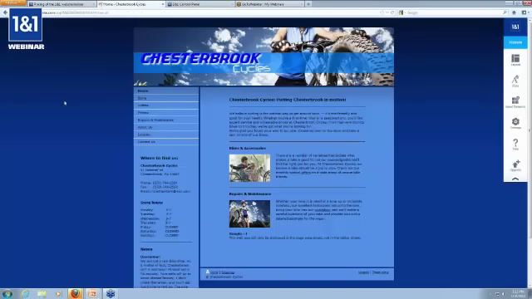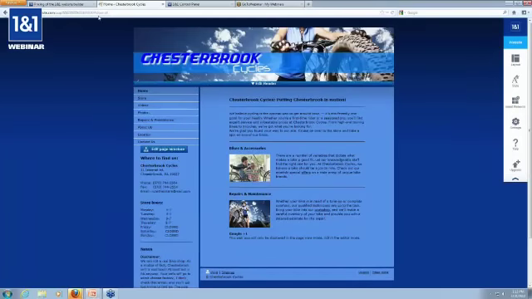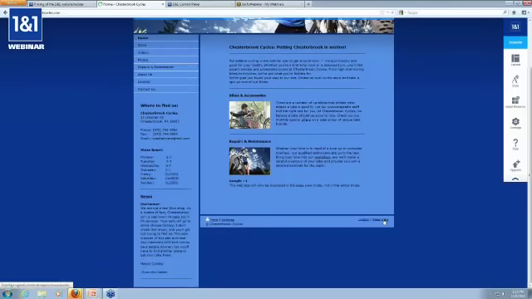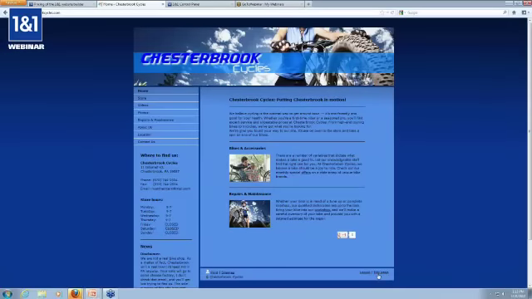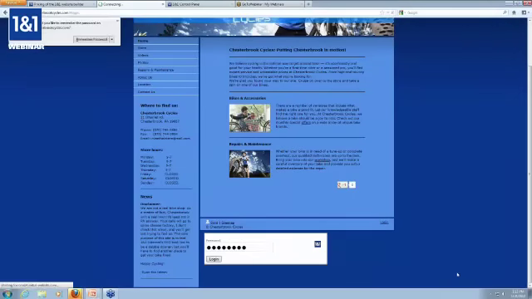So this is our example, Chesterbrook Cycles. This is our example website. And basically all you do is once you have the website and you log in, you can either type in your domain name once you have your domain connected, or you click on the link again from the welcome page. And at the bottom down to the right, you'll see login. You click on login, and then you just type in your password,